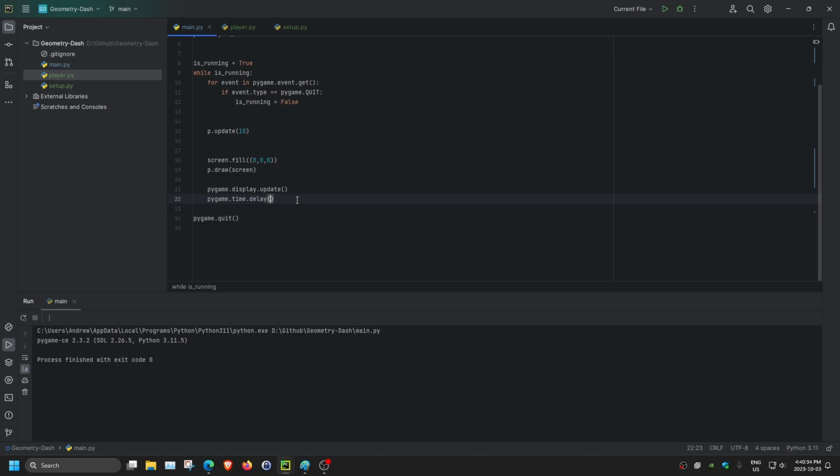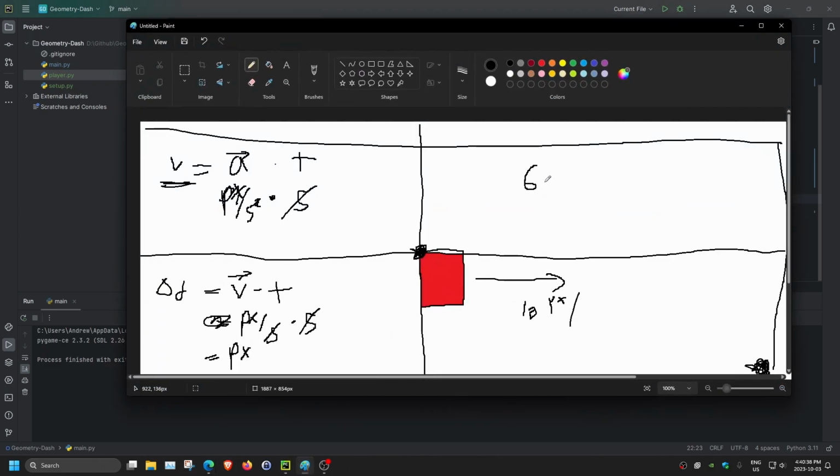If we want 60 FPS, then we have 60 frames per 1 second. So this is the math. If I want to find how many seconds is 1 frame,